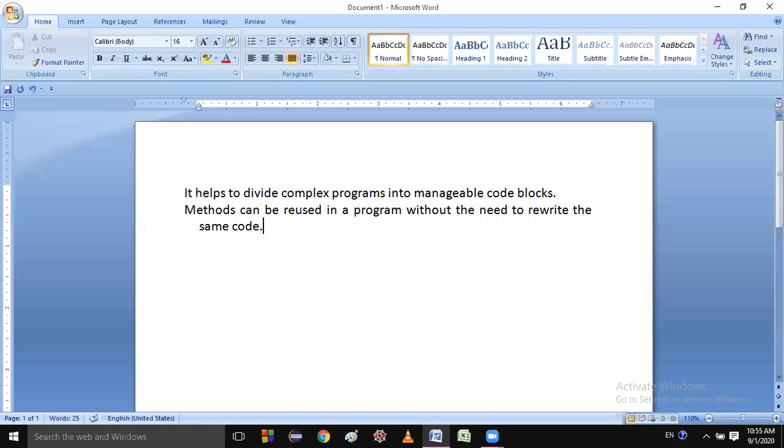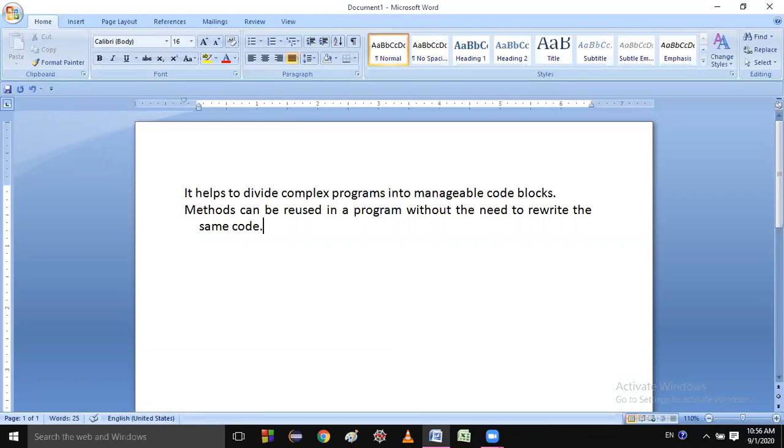Suppose you made a method whose definition is to divide a number. In future, if you want to divide two numbers, you do not need to write the code once again. Just use that method, pass two numbers, that means the dividend and the divisor, and you will get the result. You do not write the code every time, you just use that method and get your result.